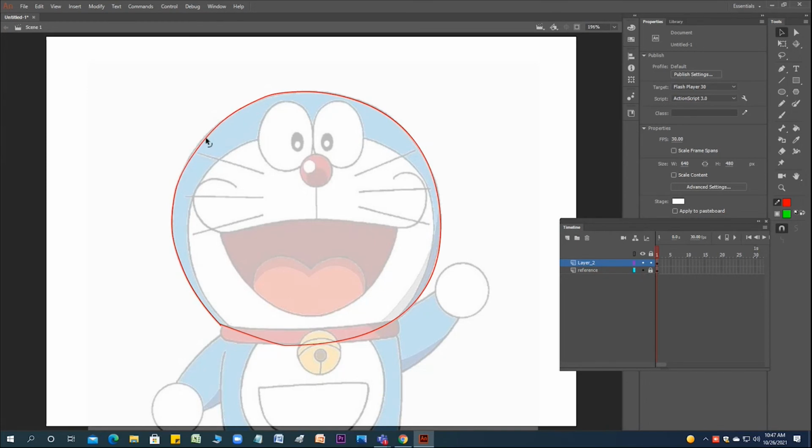And today I'm just focusing on the outline, not the exact shape. In coming classes we will go for the filling with the same color. You have to pick the color and fill it. Right? So this is one way.